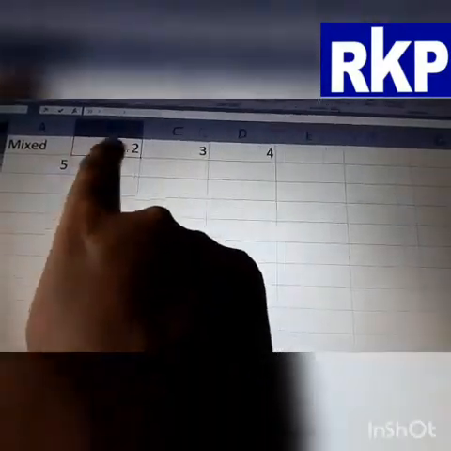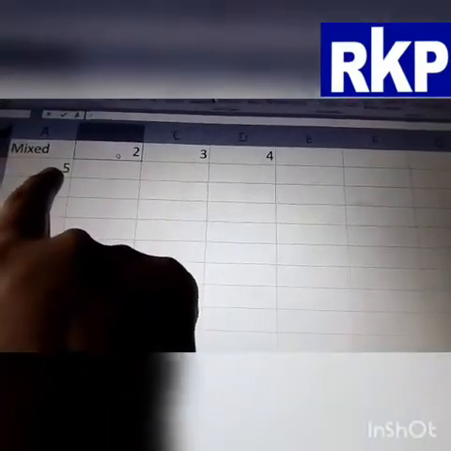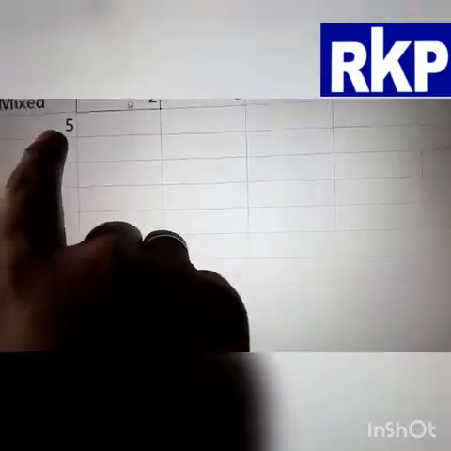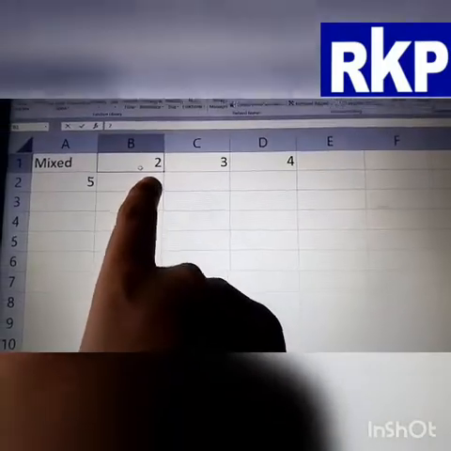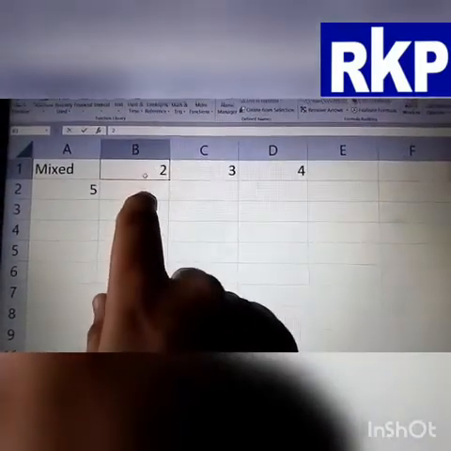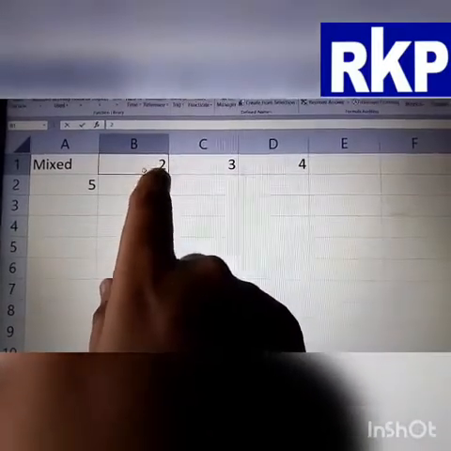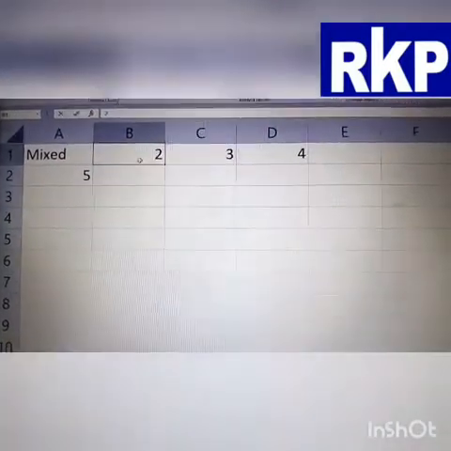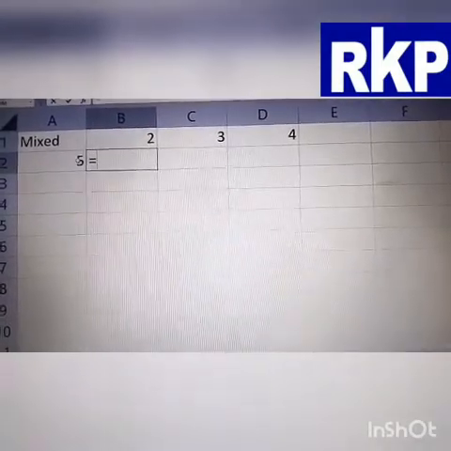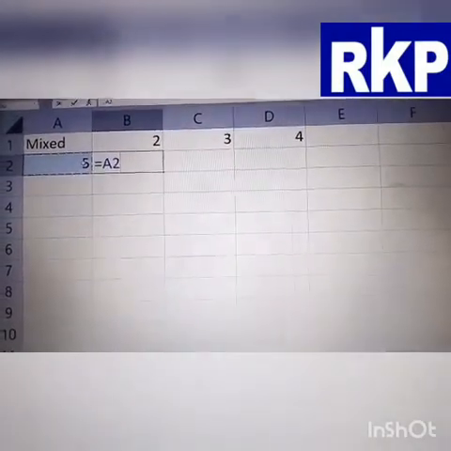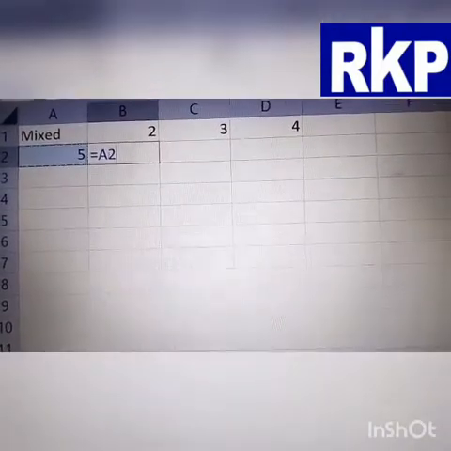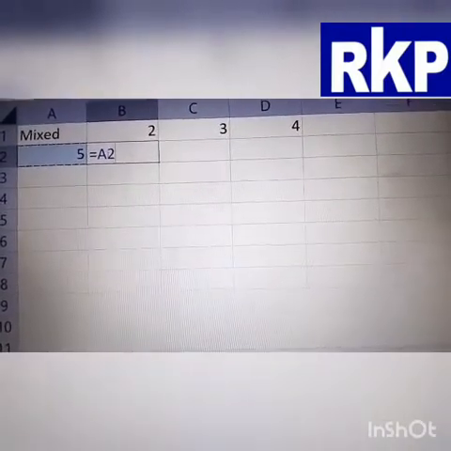In case of 5 and 2, 5 will be fixed, absolute, and in case of 2, column B will be changeable, and row 1 will be fixed here. How is it possible? Write equal sign and select this. Now students, put the $ sign before A and 2 because we are using fixed or absolute reference.